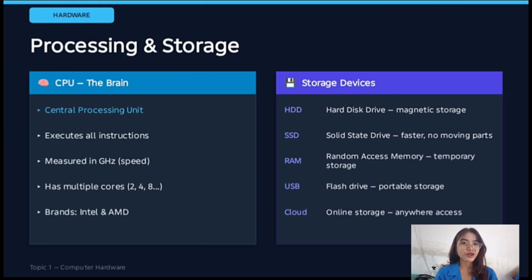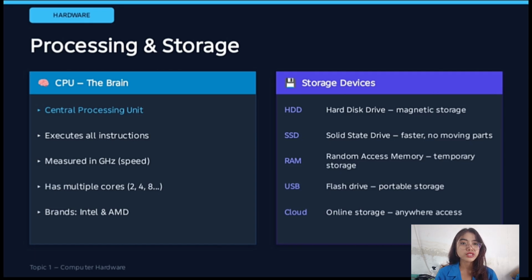Next, let's talk about processing and storage. First, the CPU, which stands for Central Processing Unit. The CPU is often called the brain of the computer because it executes all the instructions from programs.